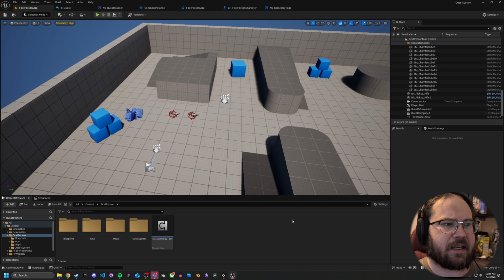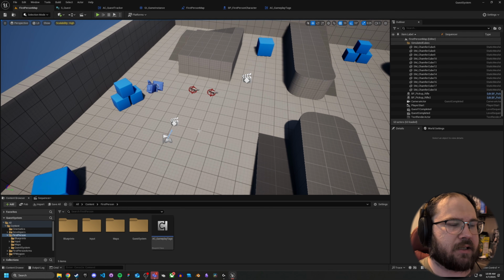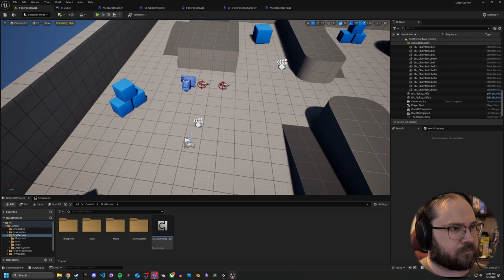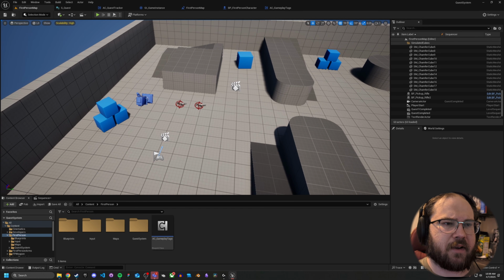But yeah, let's go ahead and jump into it. So there's a few things here to really get a detailed understanding of how the trigger system works. We're going to first want to set up a very basic